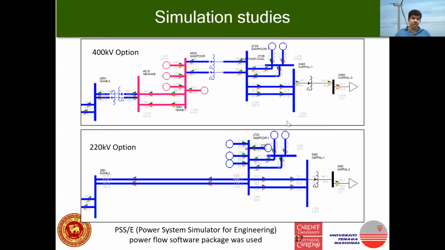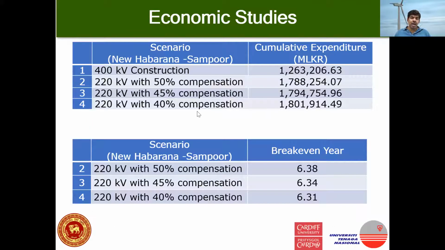Then, of course, you can do some load flows to see what are the real voltages under different operating scenarios. And then we do an economic study. And what you see here is, if you constructed the 4 Zebra 400 kV line, the total cost is 1,263,206 million LKR. So it's a huge amount, but that is the kind of money CEB is spending for these